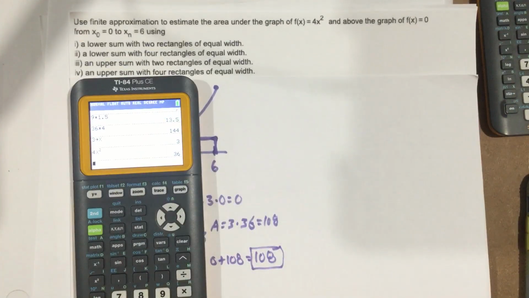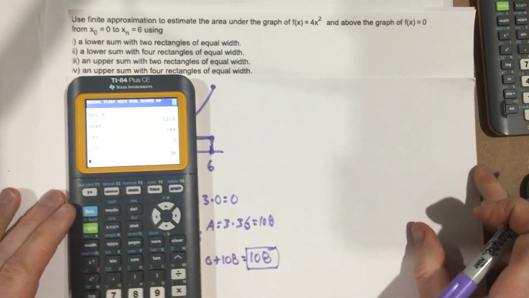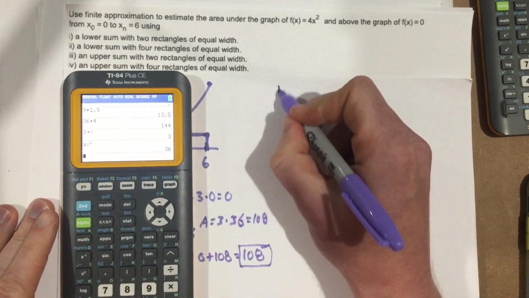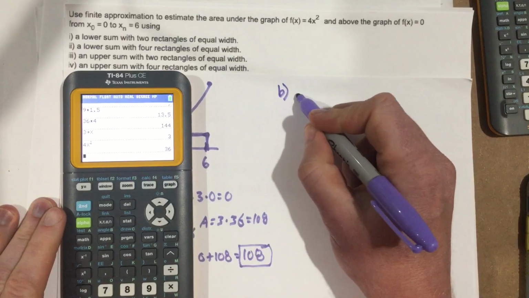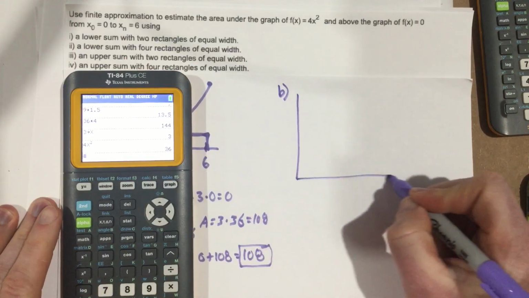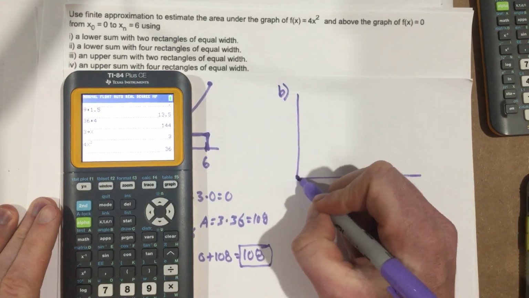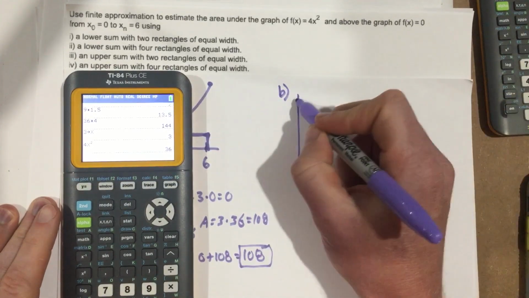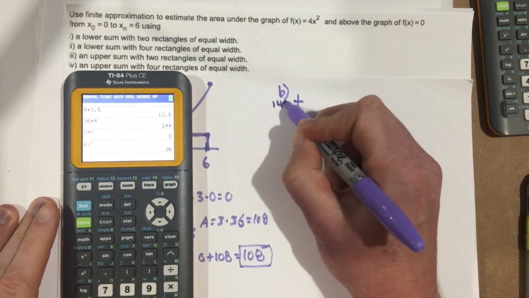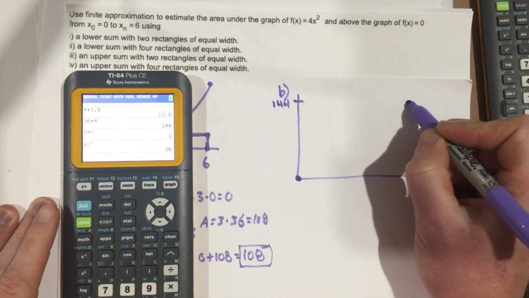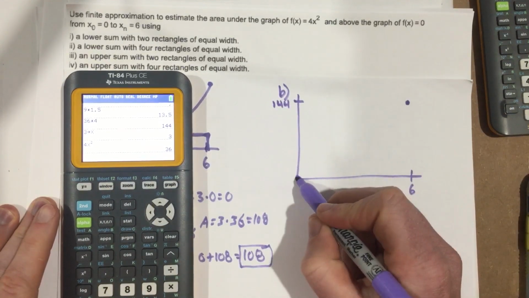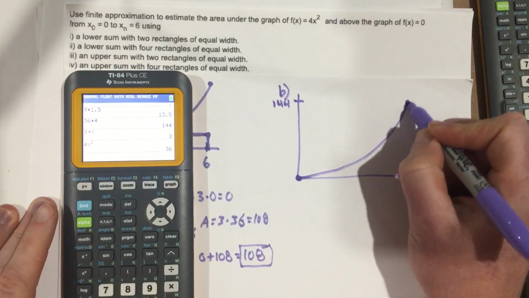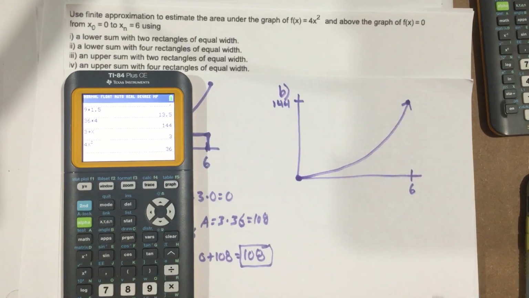So for part B, we're going to draw the same graph. So I'm just going to be quick with this. Same graph. 0, 0. This is 6. 144. Mark that point. Draw this up. Now the difference here is going to be